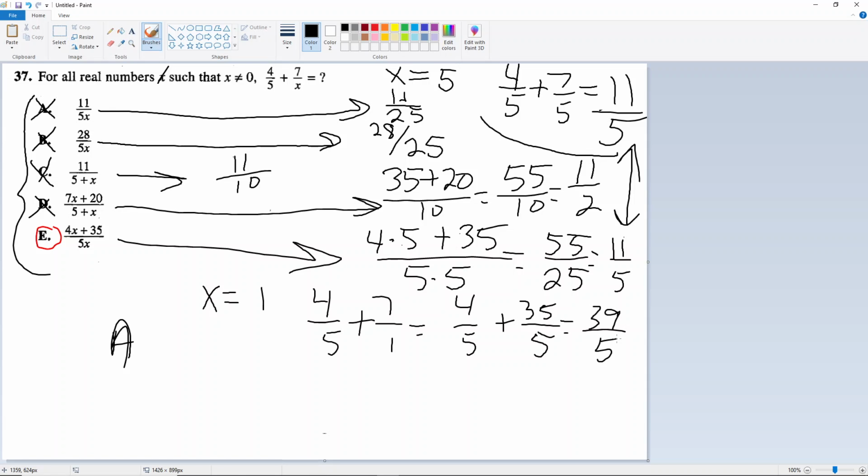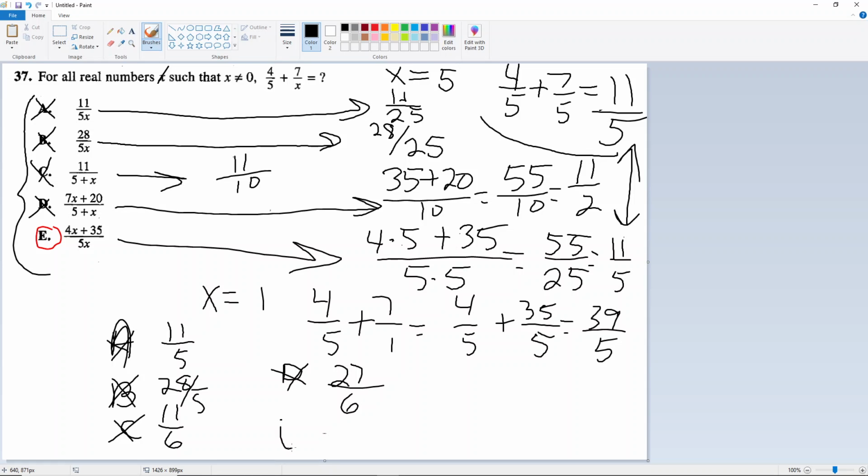If I plug in 1 for A, 11 over 5, that is not equal to 39/5. So A would be eliminated. B, if I plug in 1 for x, 28 over 5. That is not equal to 39 over 5. B is eliminated. C, I have 11 over 5 plus 1, 11/6. 11/6 is not 39/5. Out. D, 7 times 1 is 7 plus 20 is 27 divided by 6. That does not equal 39/5. D would be out. And E, 4 times 1 is 4 plus 35 is 39. It's looking good. And then 5 times 1 is 5,